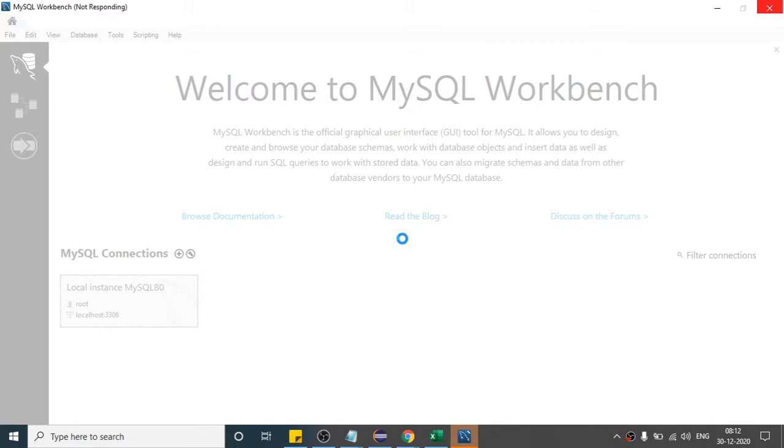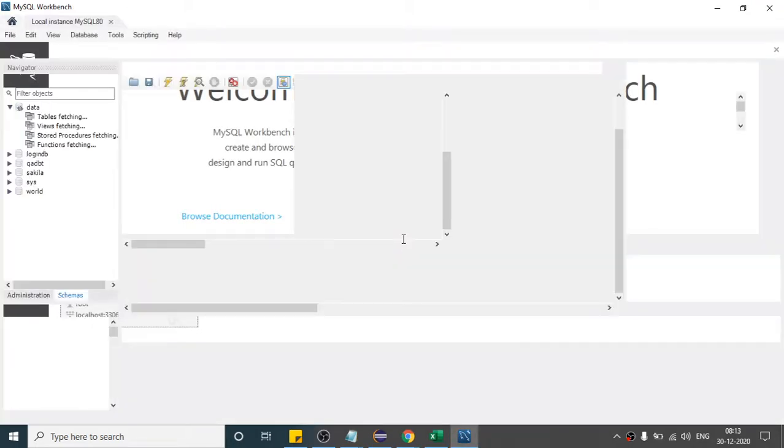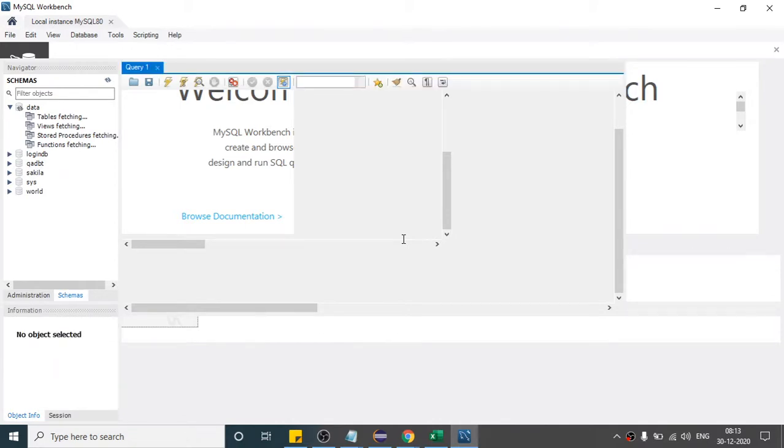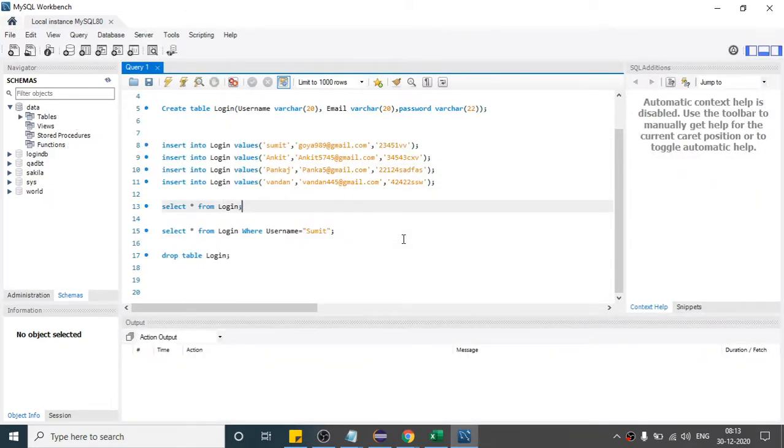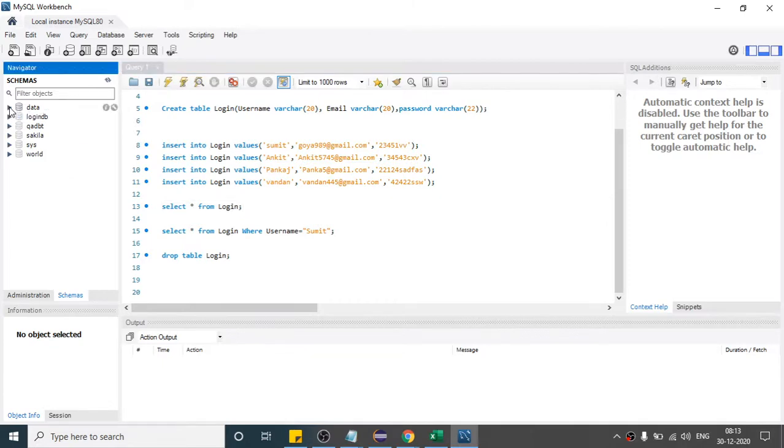So let us wait. Okay, so here this is the code I have written already. Not code, SQL query. So what I am saying here, if you see, when you see it for the first time, you will not see these two.